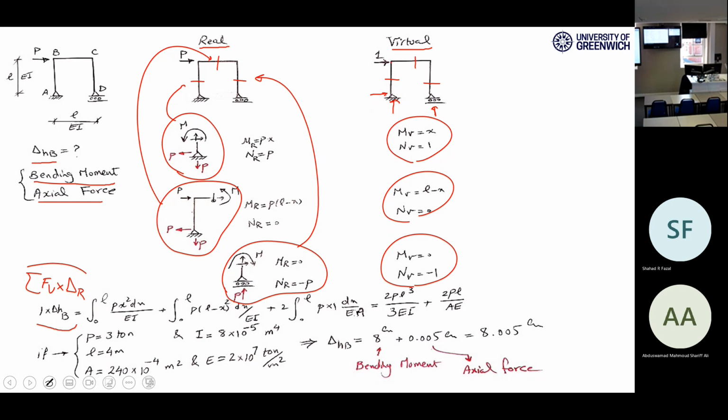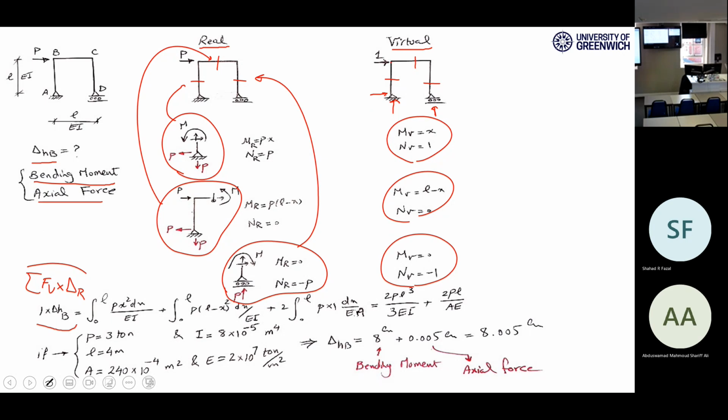And to be honest, you don't really need to think of these three sections in the virtual structure because the virtual structure is the same as the real structure with p equal to 1 in this case. So really, I don't need to bother myself with the sections. This is really this section, just set p equal to 1. The second one is really this one, just p equal to 1, and the third one the same. If you set p equal to 1 in the real structure, you will come up with the virtual structure.